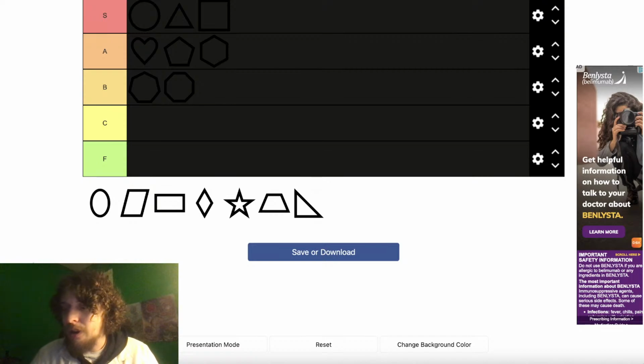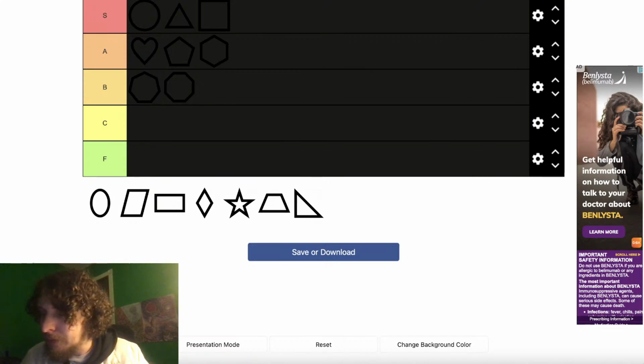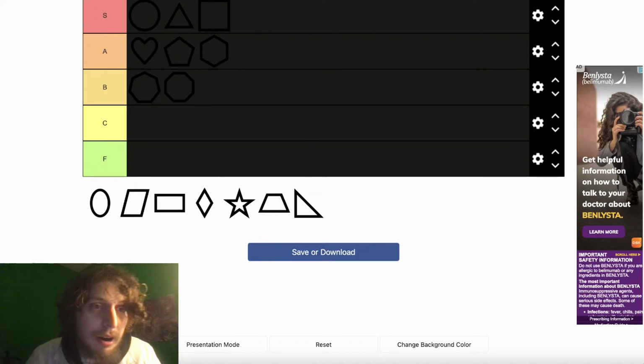So, let me see if any of you have any thoughts. People like the hexagon a lot. So, and the heptagon. And someone didn't like the heart. Well, this is my ranking. I'm sticking with it. Thank you for your feedback. Keep leaving comments if anyone has a guess of which other one of this is going to be my